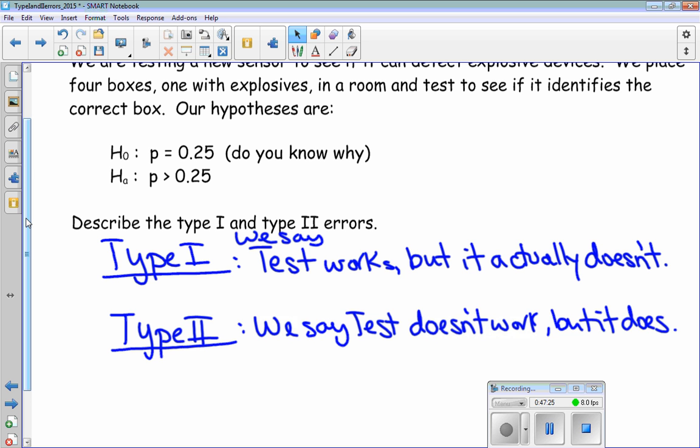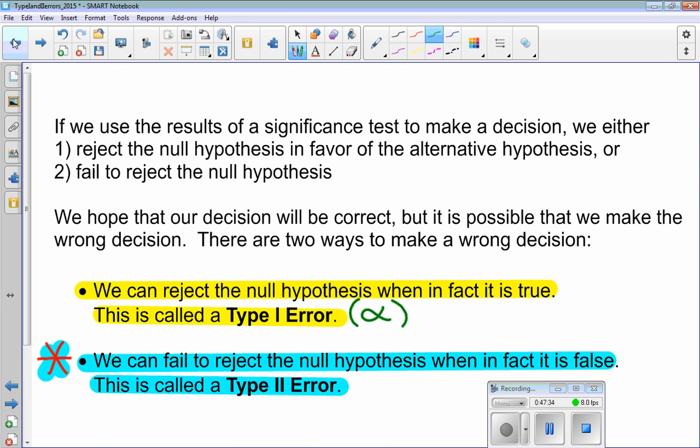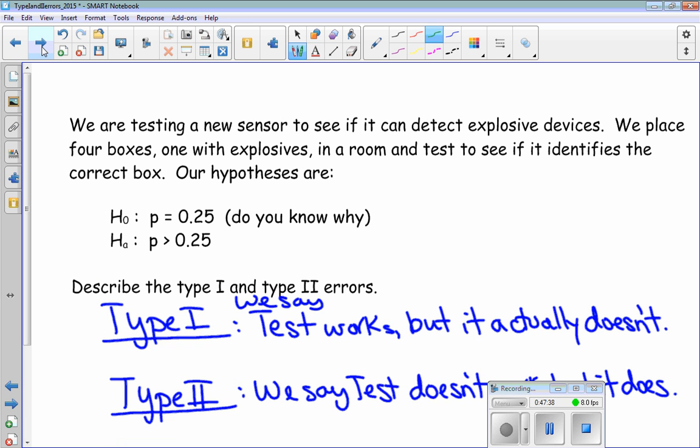Let's make sure we have that as the right hypothesis, though. I'm a little concerned with the way that is. So again, a type 1 is when, let's double check it, we reject it when it's true. So we're going to say, oops, sorry, we're going to reject this when we shouldn't have, right? We're going to say that it does work, but it actually doesn't. Okay. All right, so your homework is just going to be to identify type 1 and type 2 errors in